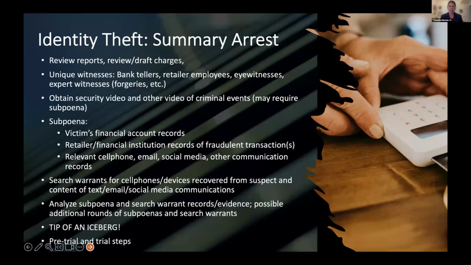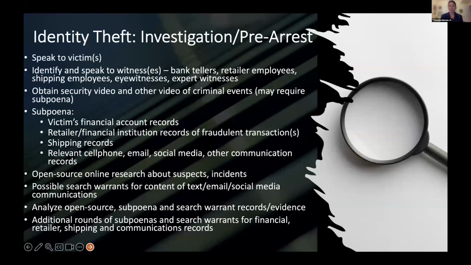And of course, once that work is underway, it is quite common that it reveals that this particular summary arrest case was just the tip of an iceberg, that this group of offenders or particular offender committed other financial crimes involving this victim, or they have numerous victims they've been doing this scam with, etc. And then we're moving this case possibly into the type of pre-arrest situation that is the other pathway these cases come into the office. So the next slide, please.